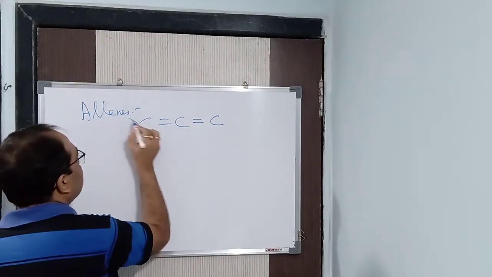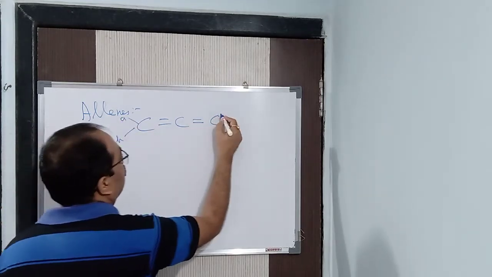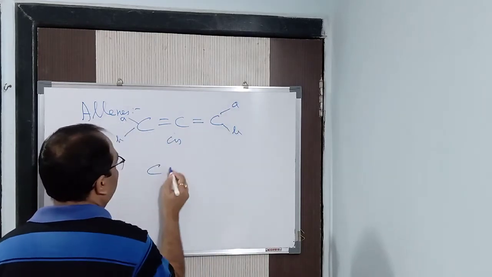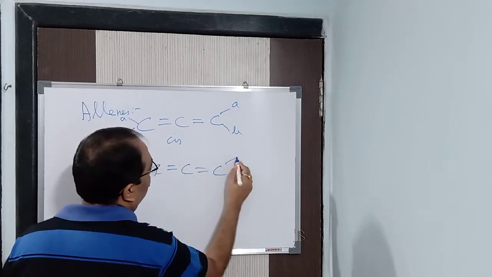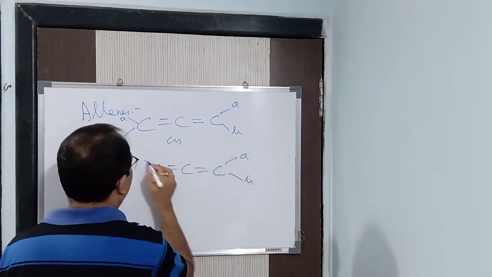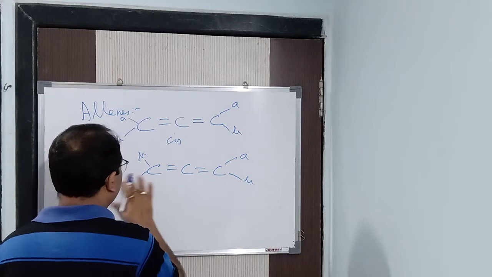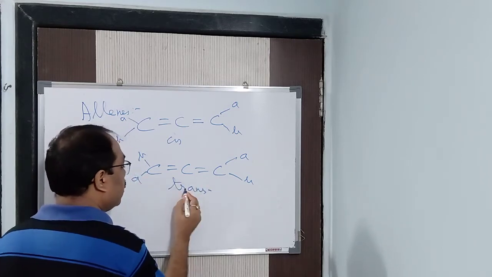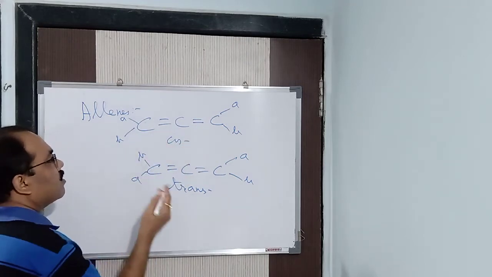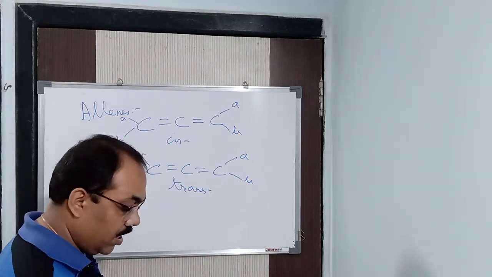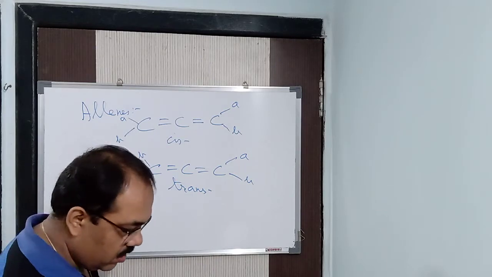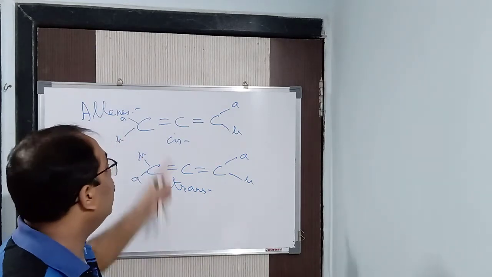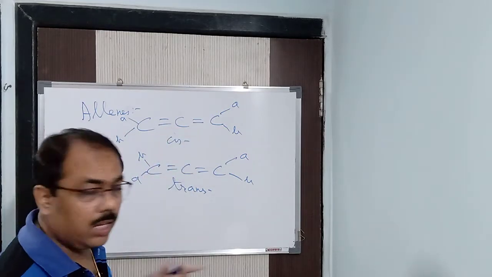Now, the main thing here: this is A, this is B, this is A and this is B. What is this? This is cis. Now suppose this is AB and this is BA, then what is this? This is known as trans. This is cis and this is trans. You already studied this. So this comes under allenes. But while naming, we will say diene, the 2 double bonds.